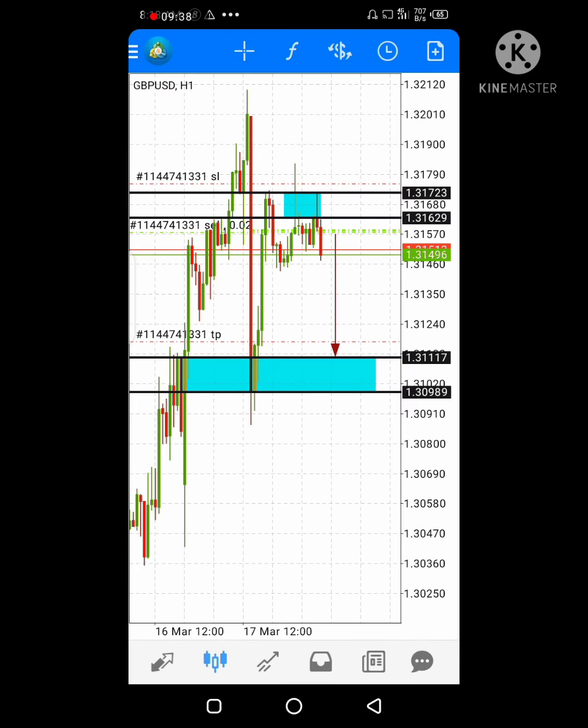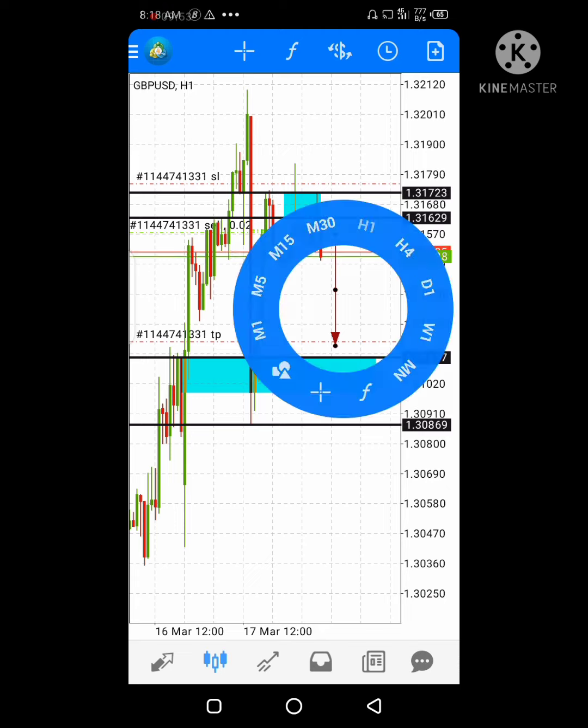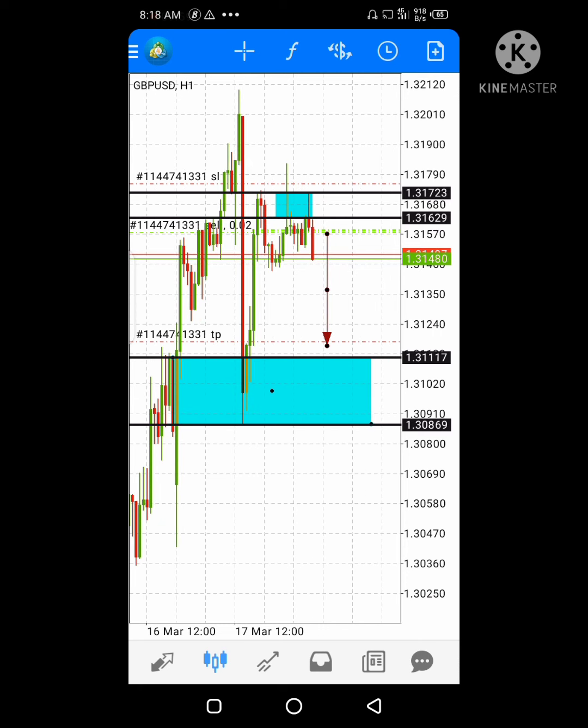If price gets to this area and you want to place a buy, since we found this in a 1 hour time frame, I'm just going to push this to the wick of the candle that formed this tip. So since we found this in the 1 hour time frame, when price gets to this area